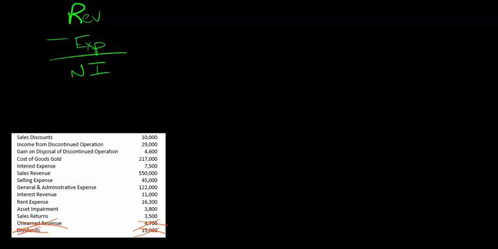We're going to start with our top line, gross sales. But first, what we need to do is create this income statement in good form. So we're going to need the name of the company, and let's say the name of the company is Edible Pizza Boxes. Let's say you do some research and find that 90% of people are still hungry after they finish eating a pizza, so you decide to make an edible pizza box that they can just eat when they're done with the pizza. So: Edible Pizza Boxes, income statement,